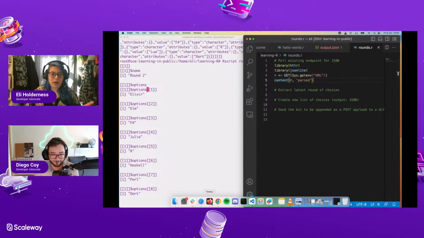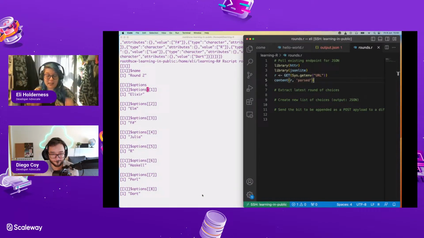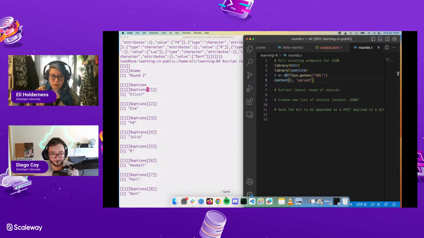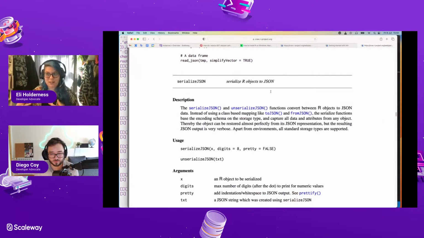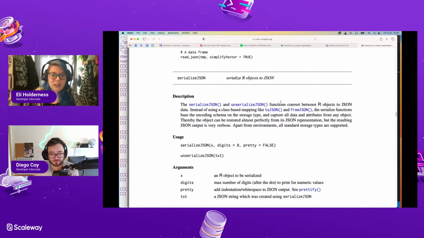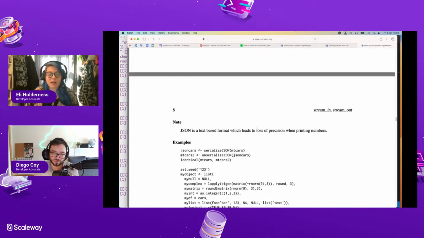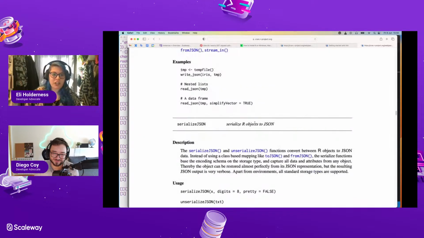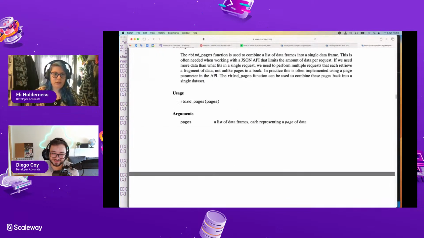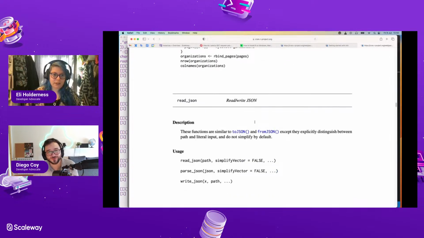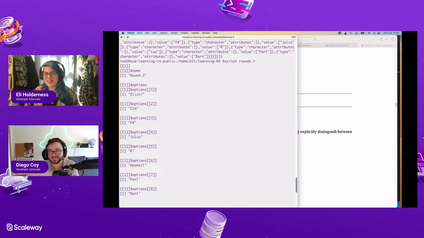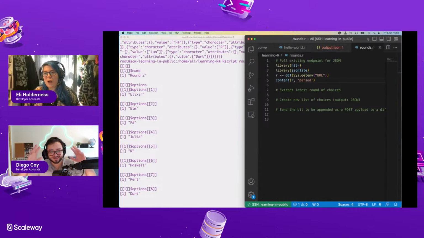What I want is for it to take these nested lists and smartly turn them into JSON, but I don't know that exists because I think that's actually quite a hard problem. I'm essentially trying to cast an existing object rather than document it as JSON, if that makes sense. Our object to be serialized. I don't want to serialize it. I want to interpret it as JSON. So we're trying to force R to do something outside the R. Well, we're trying to.